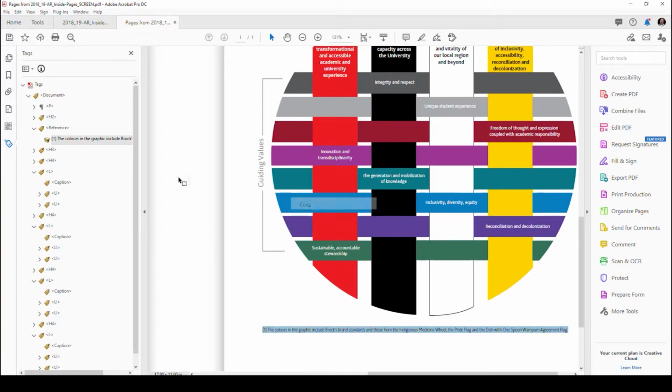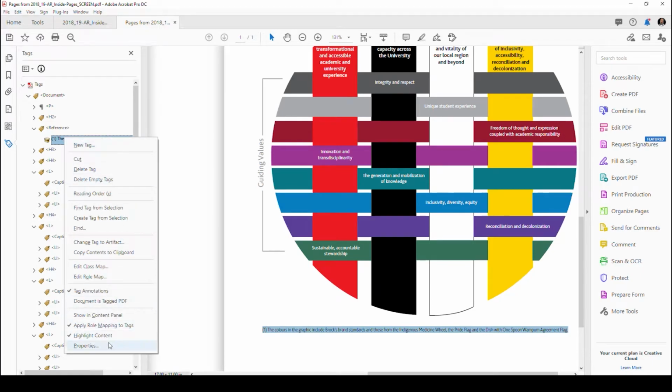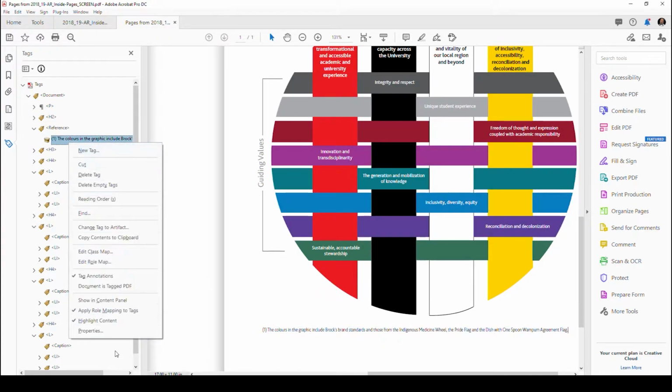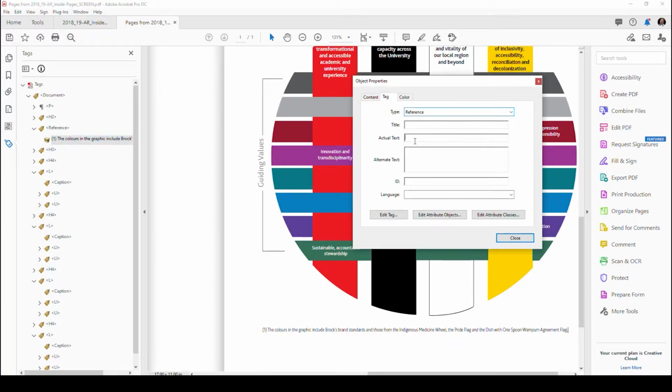We're going to copy that. And then we're going to give this reference properties. We have to have this unhighlighted to get to the properties. Properties, and then actual text. So we're going to say circular infographic, right? With, actually, it would be the colors in,